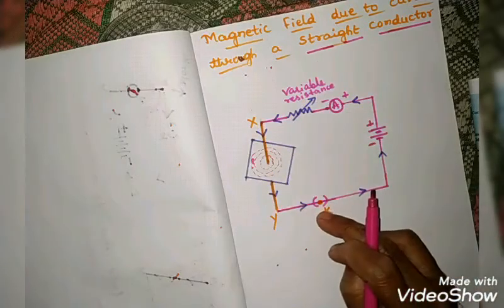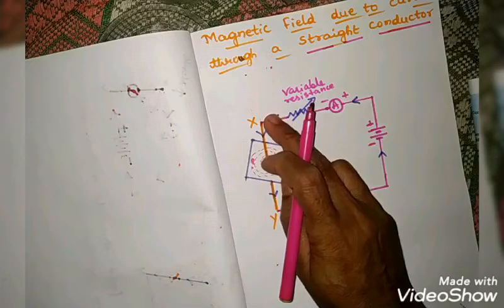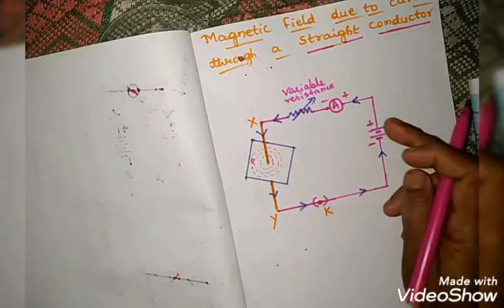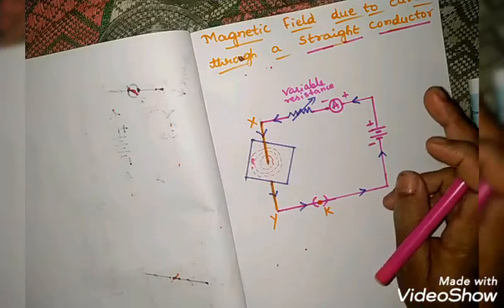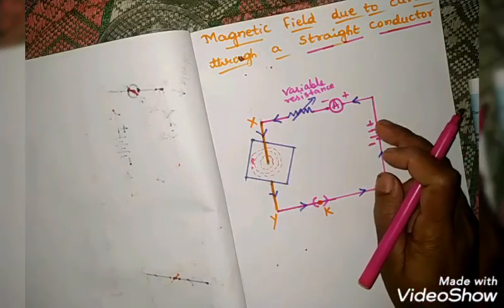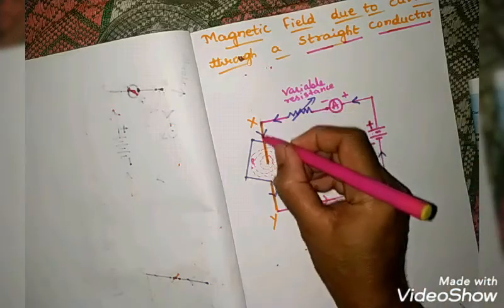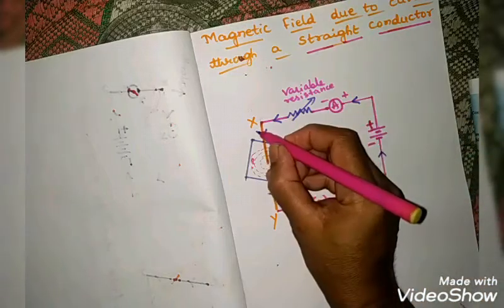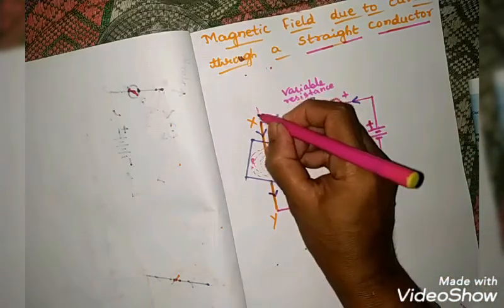Now the switch is on. So now the current is flowing through this, isn't it? Current is flowing from the positive terminal to the negative terminal. Observe, children, current always flows from the positive terminal to the negative terminal. So the direction of the current is this one, children. Observe here, the arrow mark is downwards.